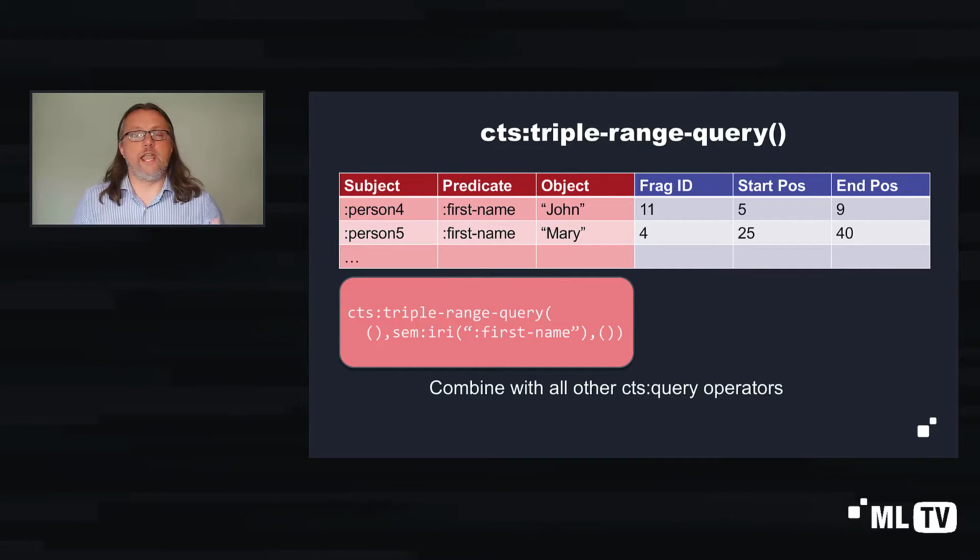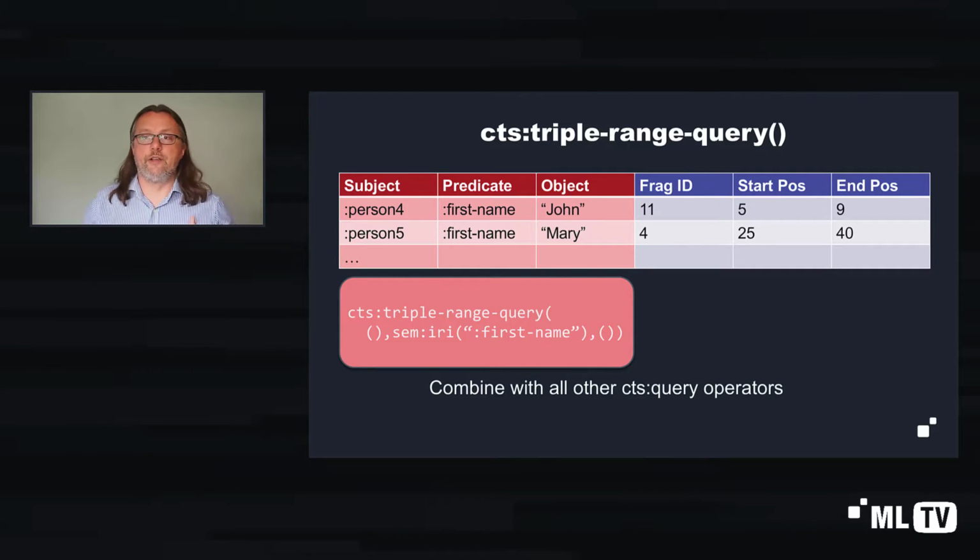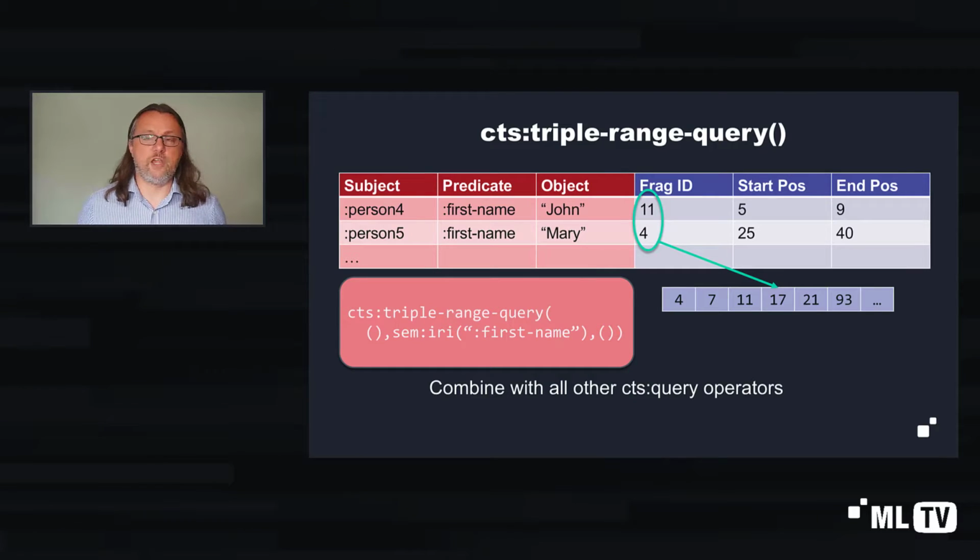And what we're doing here is really we're constraining the triple index based on the triple, the subject, predicate and object, and what's being returned is fragment ID and possibly positions. And this is actually the only time that triple index positions will be used if they're turned on, which they aren't by default. So given this query that you can see in the pink box here,